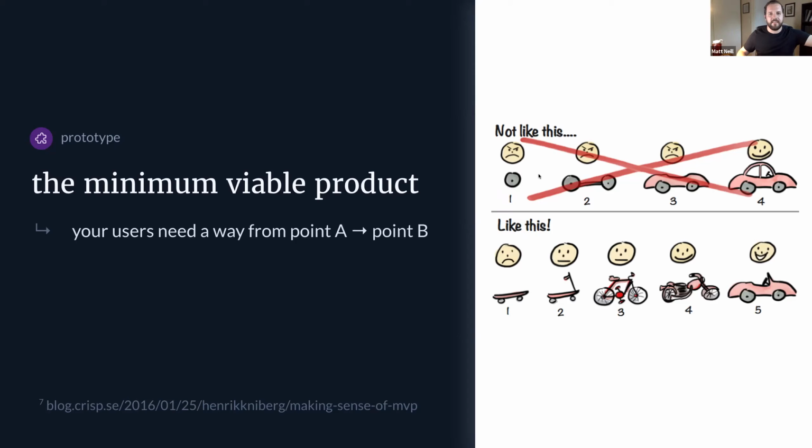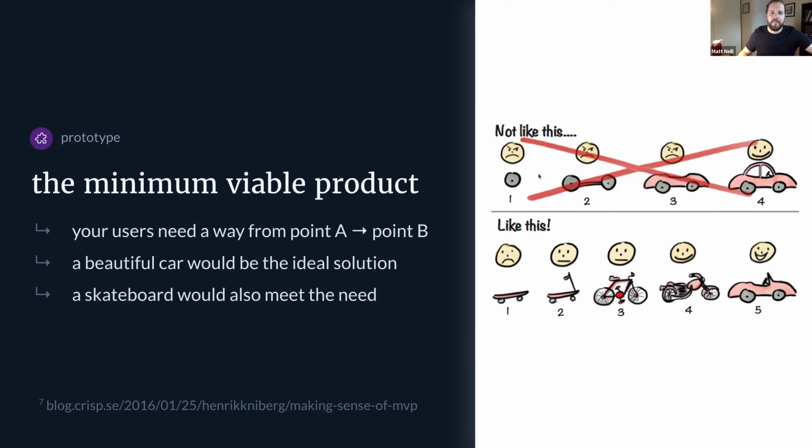So what this diagram suggests is to start small with something like a skateboard, which still meets the need, and then layer on top of it in these different revision cycles. Starting with a skateboard, then eventually you turn it into a scooter and a bike and a motorcycle, and then eventually you get to this part where you have your beautiful car. But it means your users have still been able to get value out of whatever service you're providing at every step along the way.